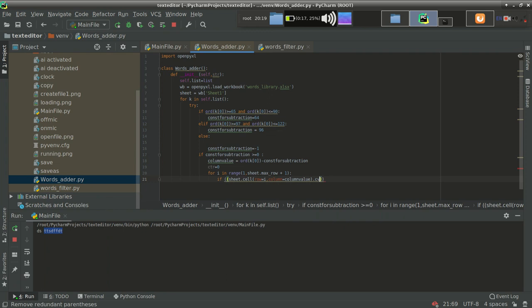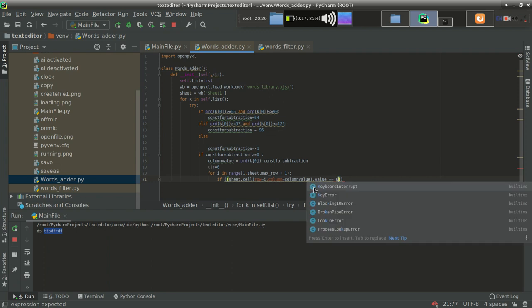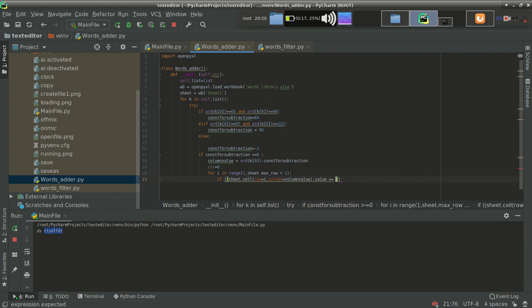So now we will get the value of that cell, dot value equal to k. Means if I get the same word, or suppose that I want to add boy, and if boy is already present over here, in that case I don't want to add the word because I already have that word.